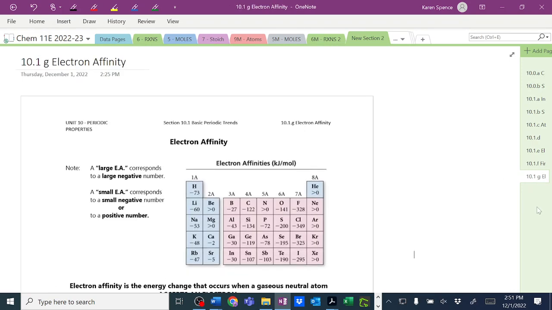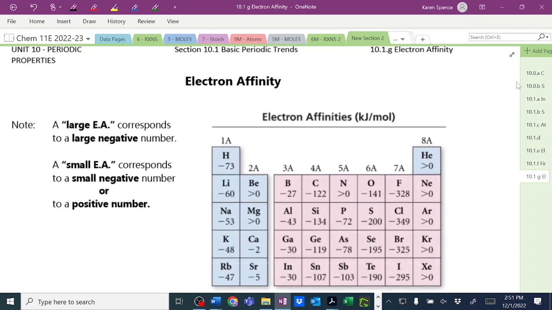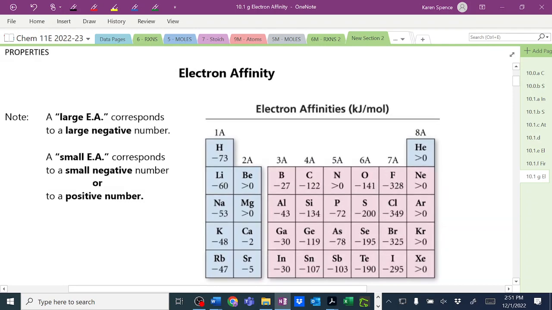What's 10G? Oh, electron affinity. Should we just take a quick look at this before we go today? Okay. I desperately want to say that I don't think electron affinity will be in the exam, but I think it could be because they put it back into the curriculum. It is a confusing one though, and it's poorly explained everywhere. I feel like you would actually need a 3rd or 4th year chemistry textbook in order to get a good explanation, and those are not just lying around online. So